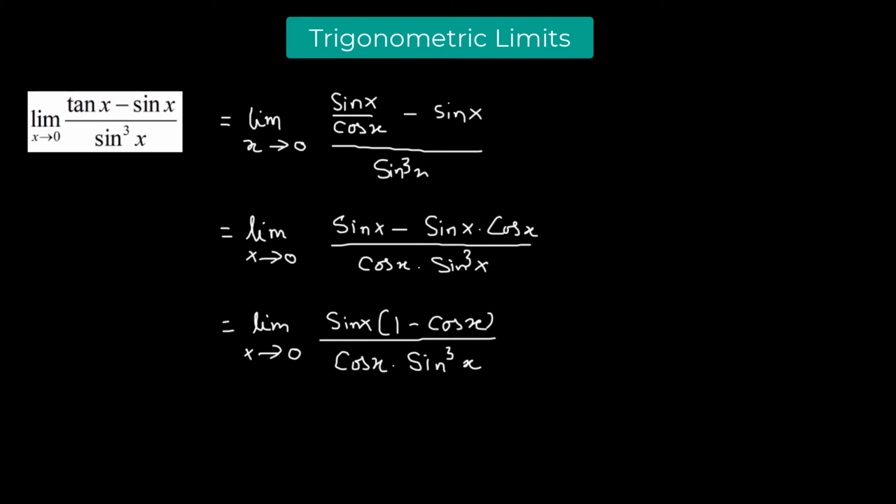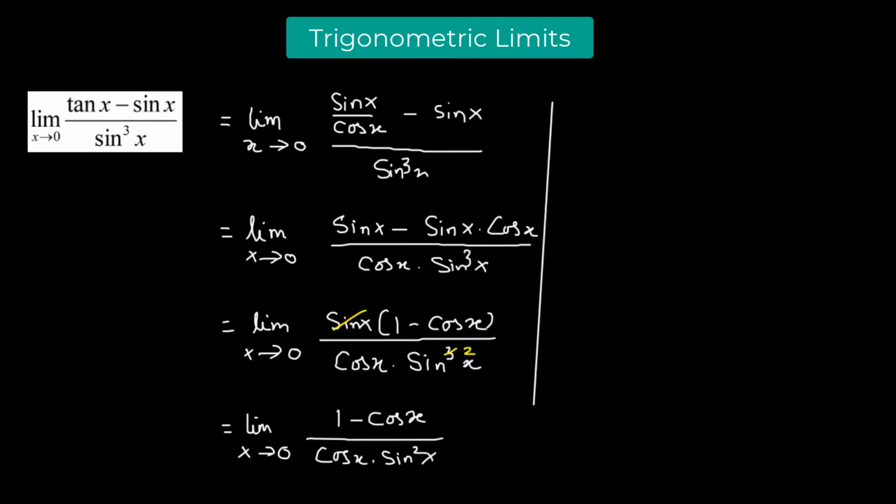So we are going to cancel sin x from both the numerator and the denominator, so we have sin squared remaining in the denominator. That leaves us with the limit x tending to 0 of (1 minus cos x) divided by cos x times sin squared x. Now sin squared x can be further